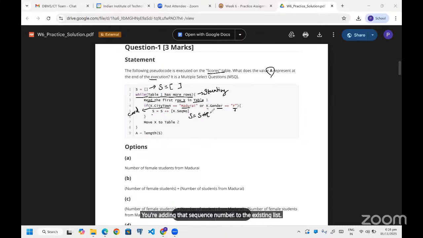Plus plus, we just add X dot sequence number. So if you add something like this, your list will become something. Suppose let's say the sequence number one card satisfies this condition. So your list will become this.